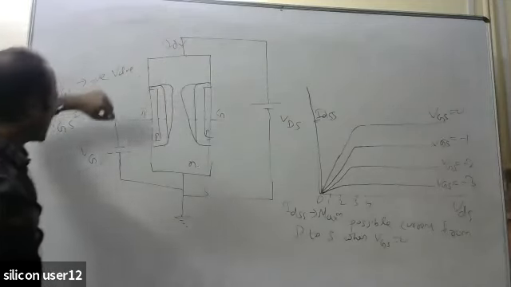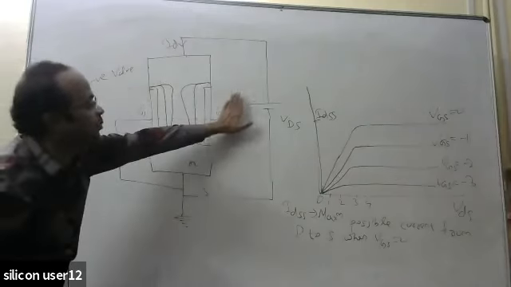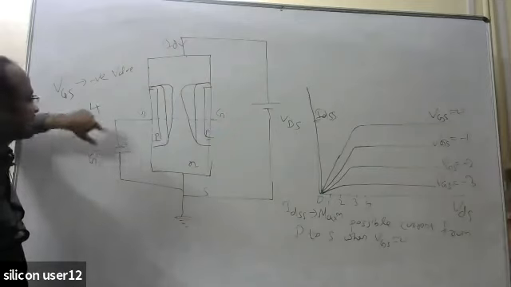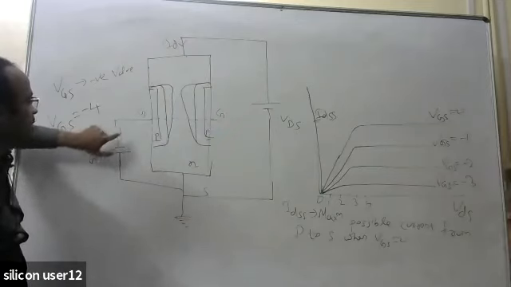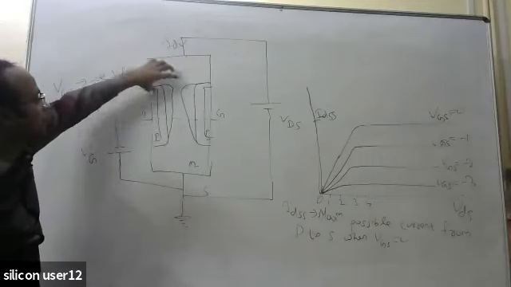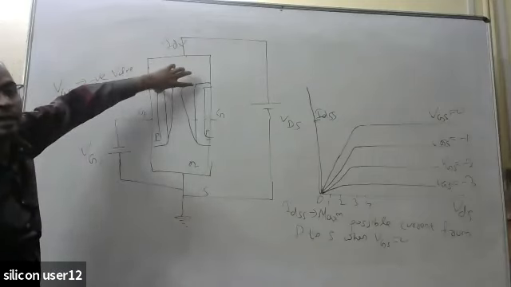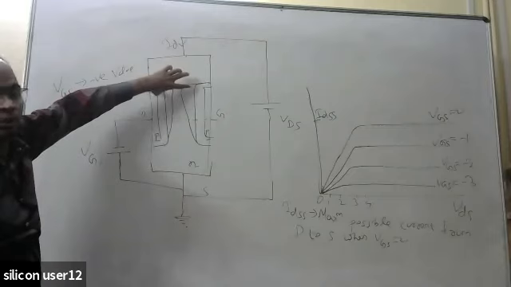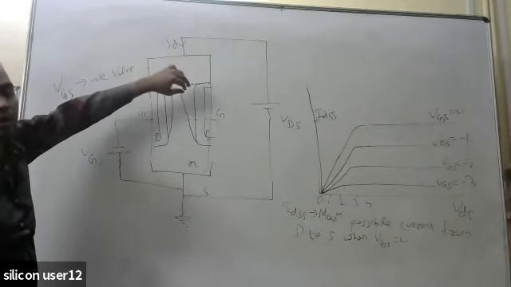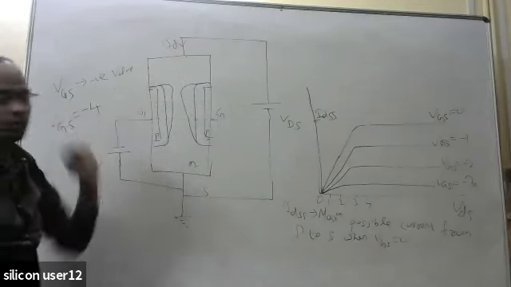Now, instead of applying VDS, I have not applied any VDS, but I have applied -4 here. That means now also, if I am applying -4 volt to the VGS, this portion of the depletion region is getting reverse biased with -4 volt. That means now they will touch each other. Okay, so if they touch each other, almost the current will be 0.